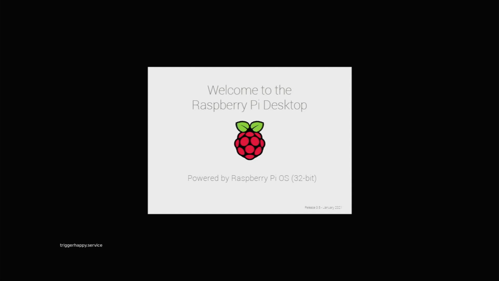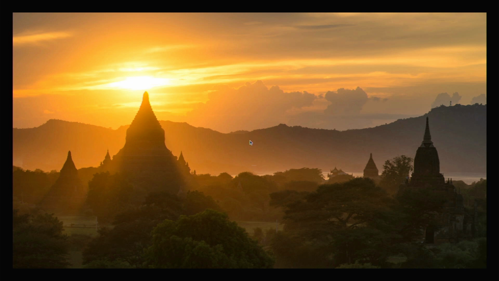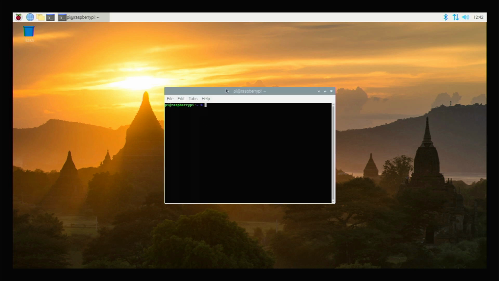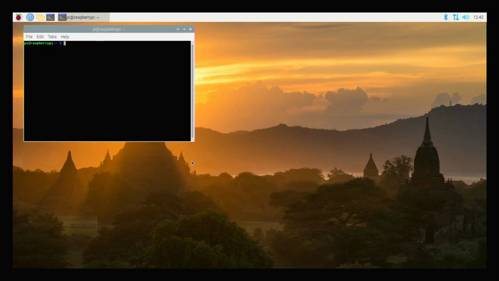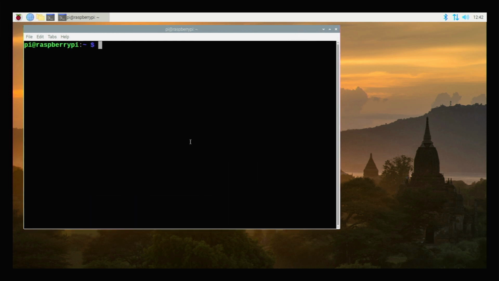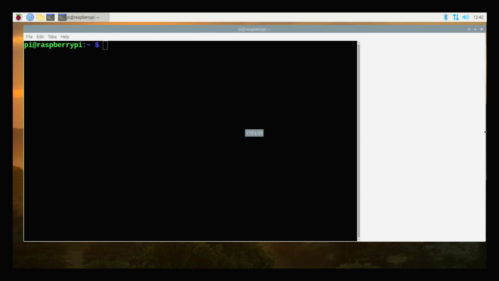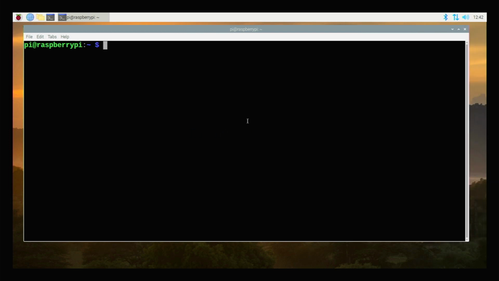So just to remind you, I have now the RTL SDR connected over USB. I have this little antenna connected to the GPIO 4 port. And now I'll be checking if the RPITX is working. So once again, I will make it bigger. Like this.